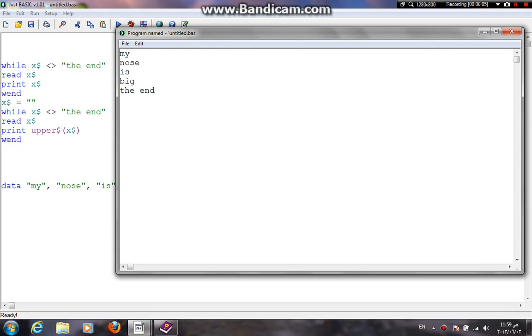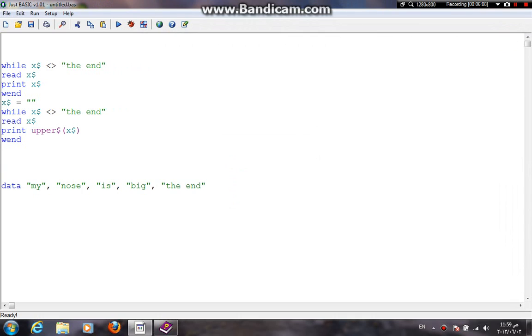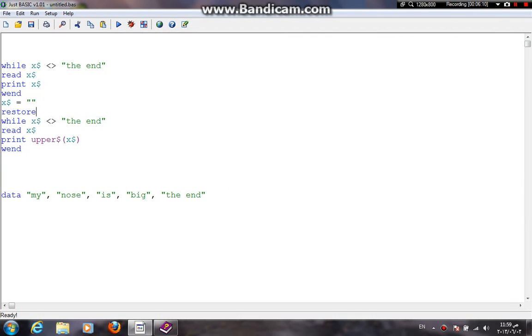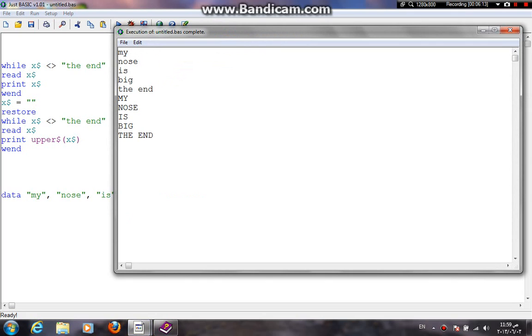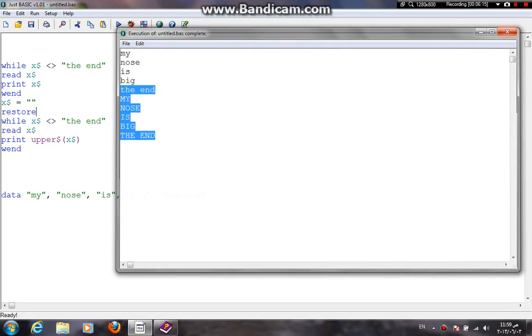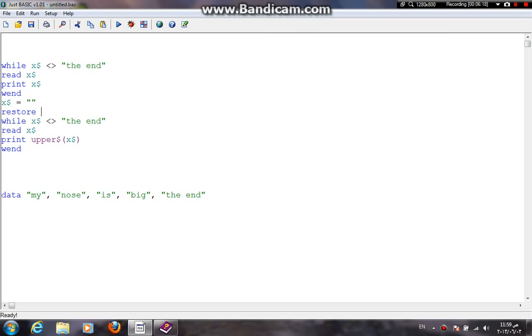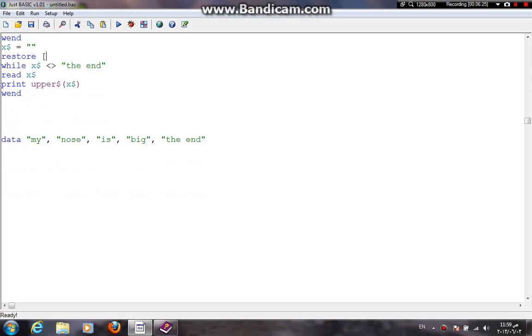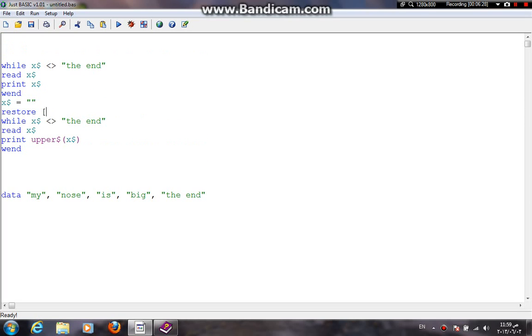As you can see, read past end of data. So when we restore it, it's actually going to allow us to read again, and as you can see, it's capitalized this time. One more thing I want to tell you guys is that RESTORE can also include a branch label, like if you want to read the data from the branch label onward. Say data 2, a name for the branch label. Here's data 2, and then we can add the data that's going to be read only from this position, like